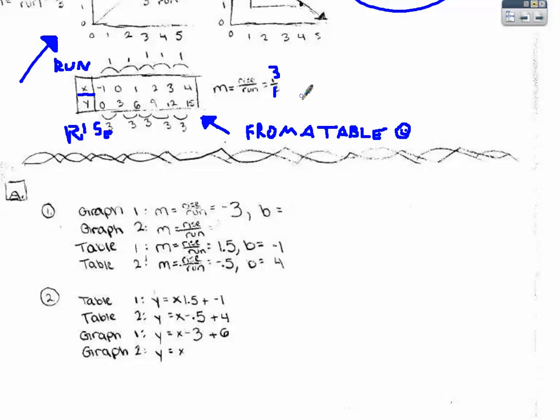And I got it wrong. It was 3 over 1. Isn't that shocking? Okay, so yes, I did get it wrong, because the rise is y, and I just assumed to switch it because